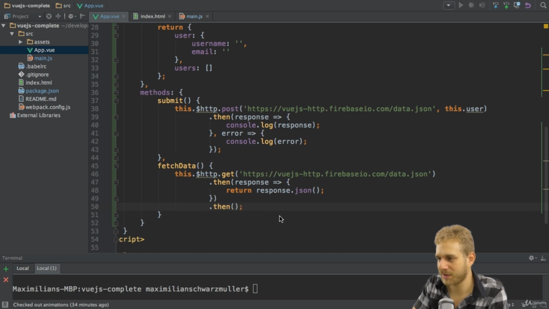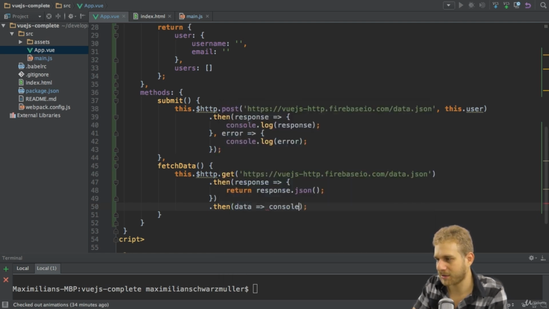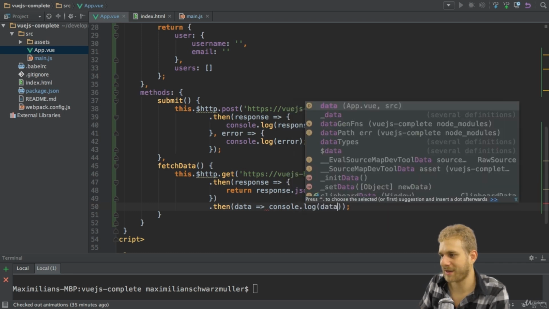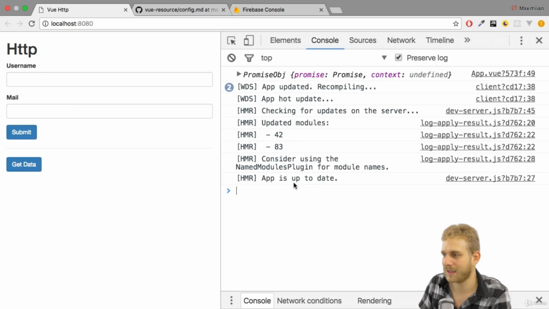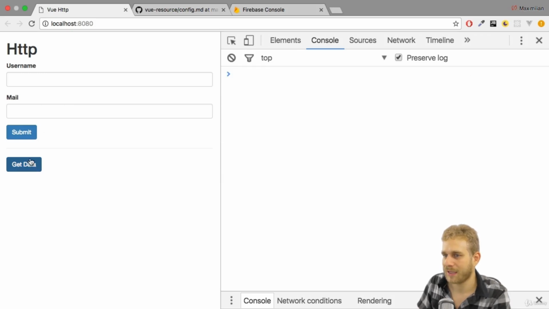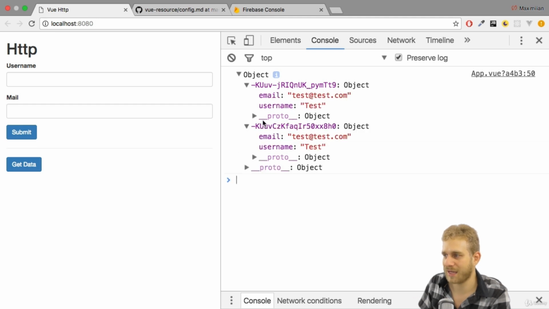So we may name this data, therefore, and now let's log it. Here data will be extracted because this asynchronous task of extracting it with the JSON method and getting the response and everything, all these things have now been finished. So now we do have access to the data. If I now hit get data again, now we see an object where we actually do have our strange IDs,